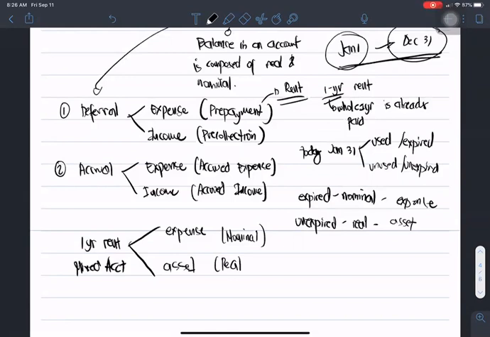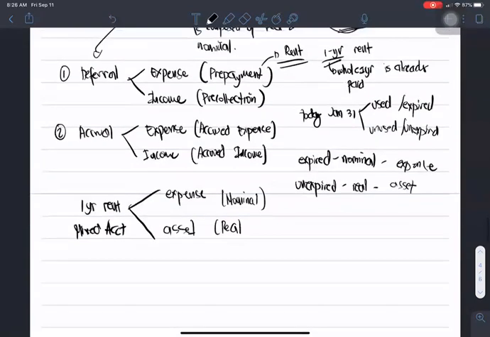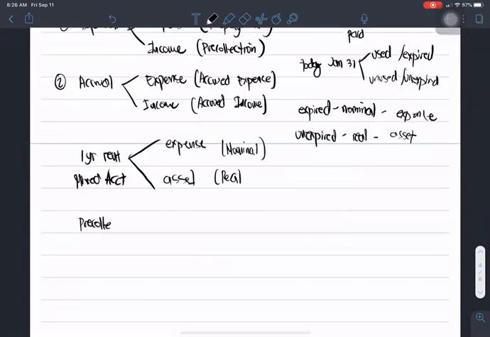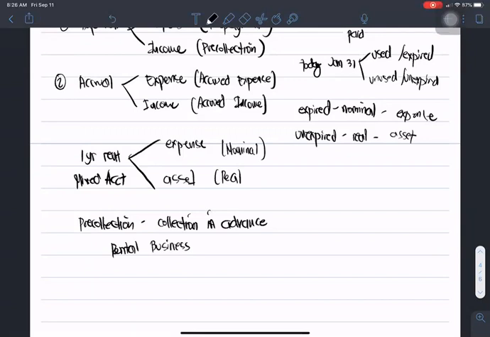Next, how about a deferral of an income pre-collection? When we say pre-collection, this is a collection in advance. Assuming you have a rental business, particularly, you rent items. In your rental business, you have different portions of property which can be rented out to others, and in renting them to others,